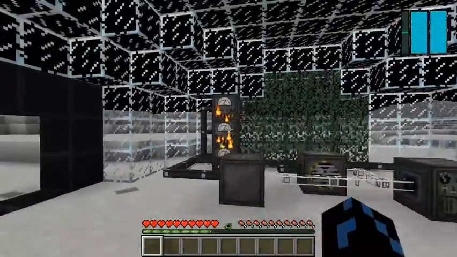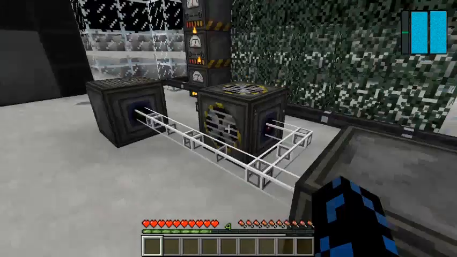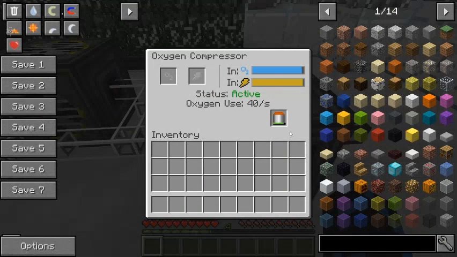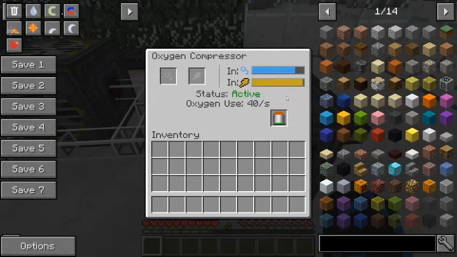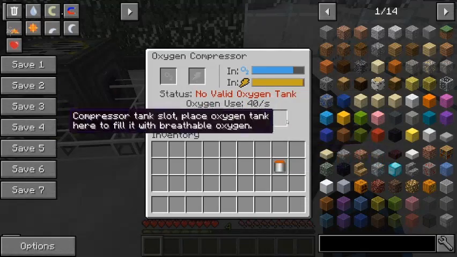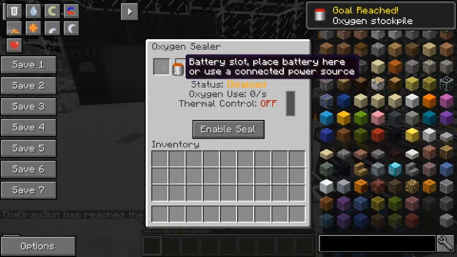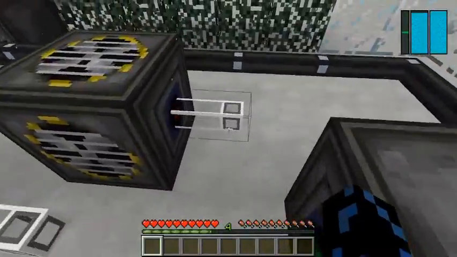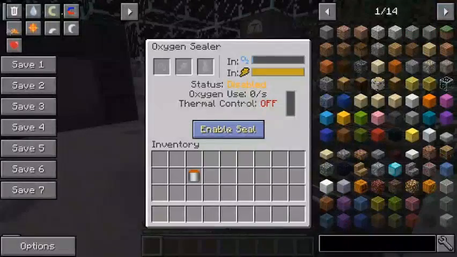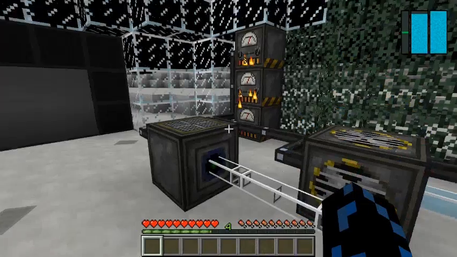So if I head in here, I have a nice bubble. And as I can see, if I disable the seal, it will not do that. And I can just fuel this. And you can put in normal oxygen there, but I broke the supply. So if I enable the seal, I can't, but normally I'd be able to take off